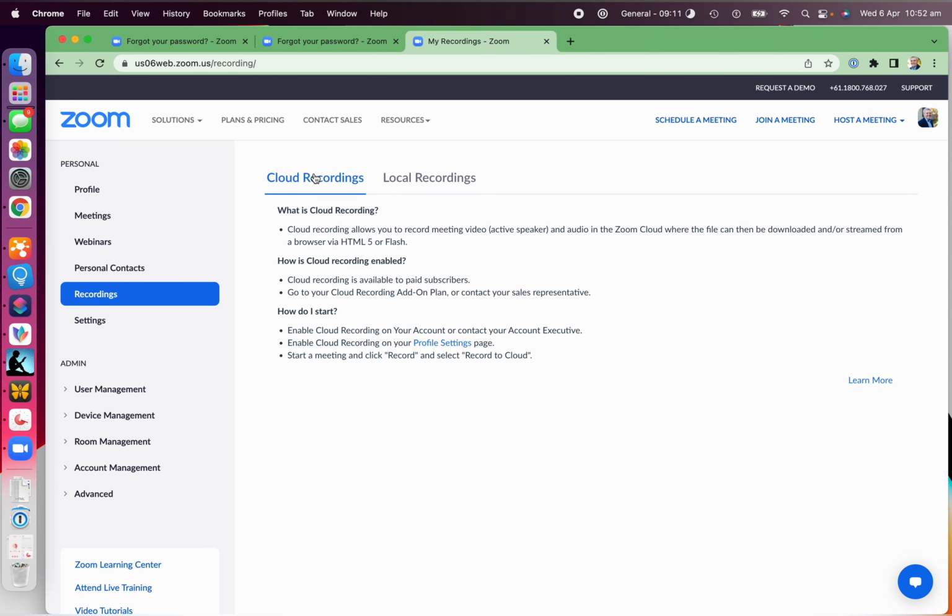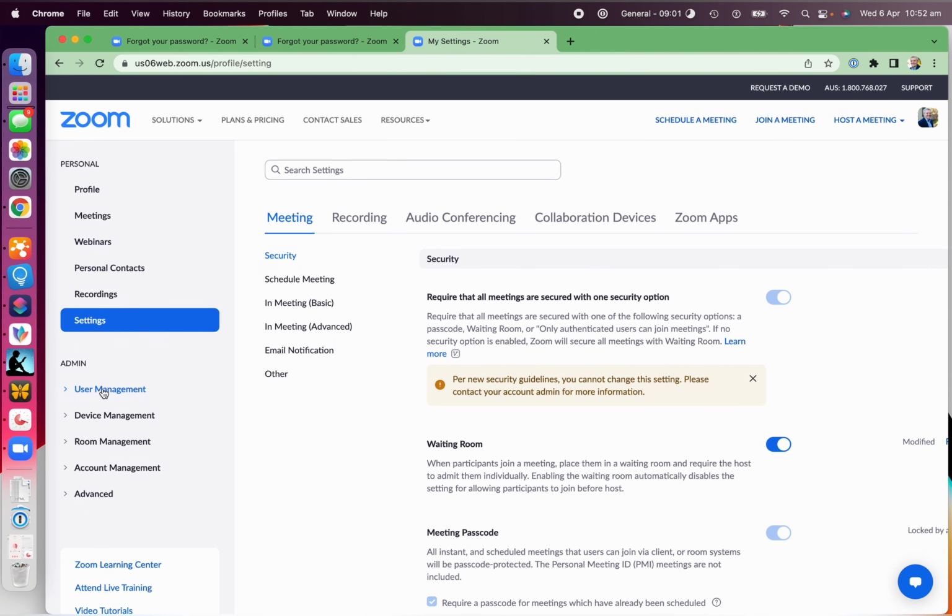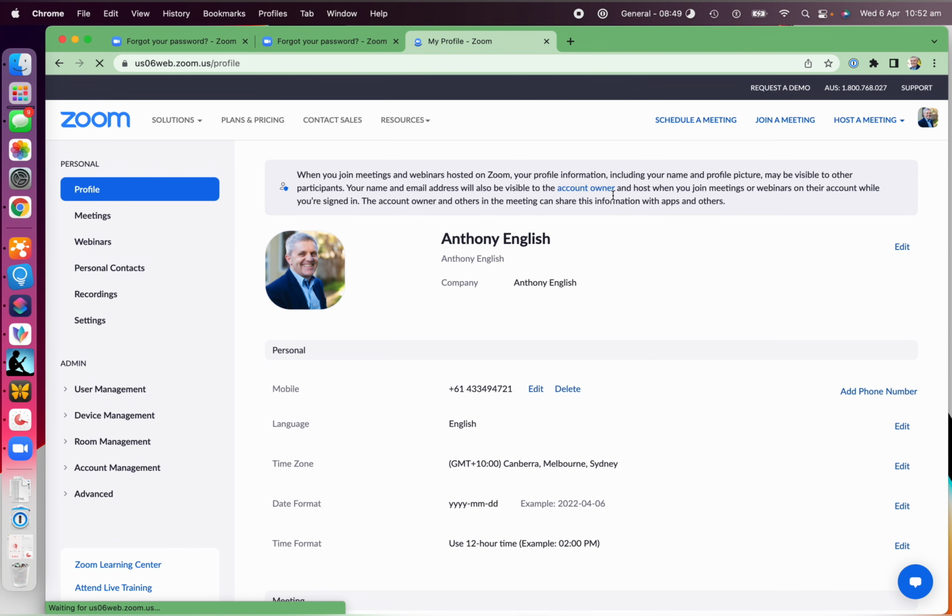Okay, and so when you've got two people both recording the same meeting, that's going to have to be a cloud recording. Okay, I'm going to skip the rest at this point, but you can jump through other things, device management, account management, and so on. They're more advanced options, but basically that's where we are at the moment.